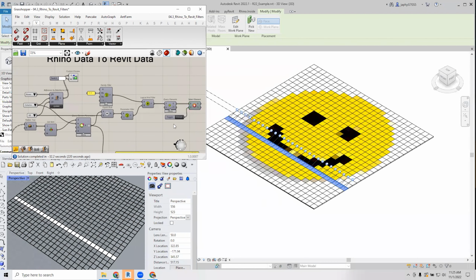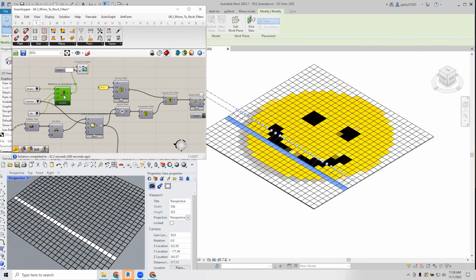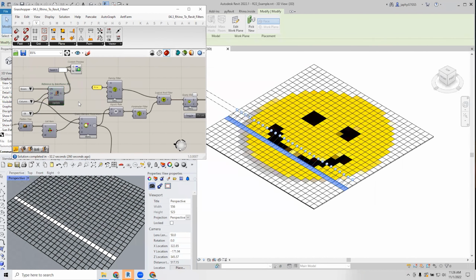So you can see immediately, either if you're working in Revit primarily and then sending to maybe Rhino for fabrication purposes, or the opposite, you're working in Rhino and sending to Revit, you can maintain your data in a complex way. We're using three data points here, but you can quickly add more and use Elefront or one of these attribute querying components to filter, manage, and check your data